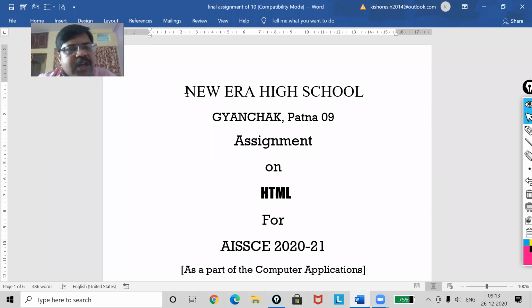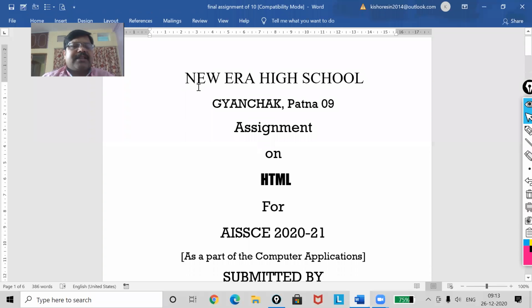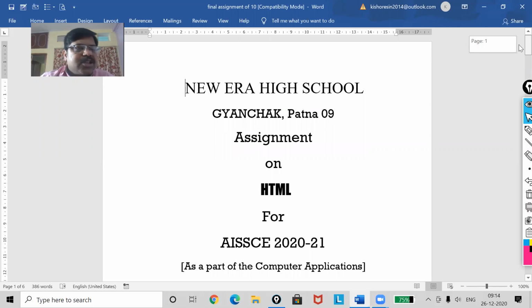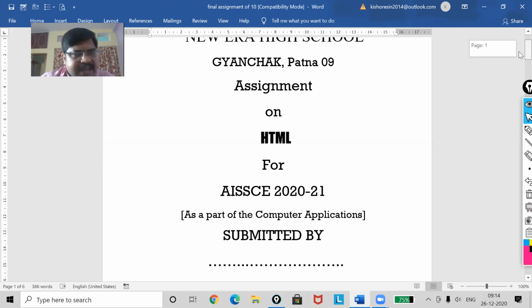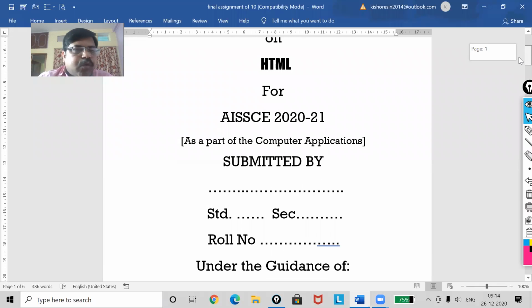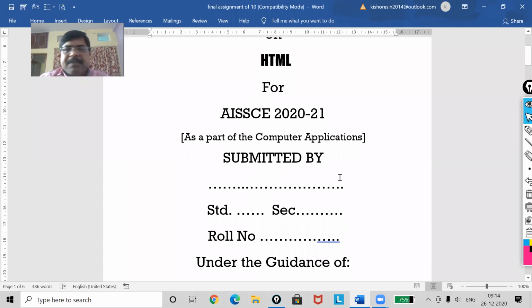First of all, the first page of your assignment should look like this. You can see, my dear, it should be Nevada High School, Gyanchak Patna 9, assignment on HTML, because you are going to make the assignment only on HTML. Don't include CSS, Python, Scratch. Now, for All India Secondary School Certificate Examination 2020-21, as a part of computer application, submitted by,